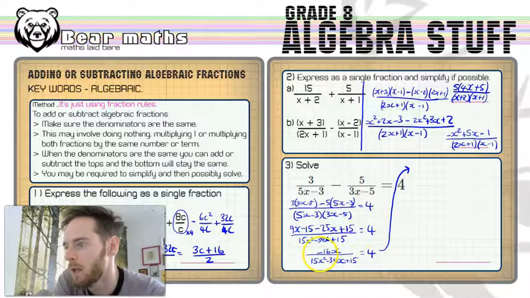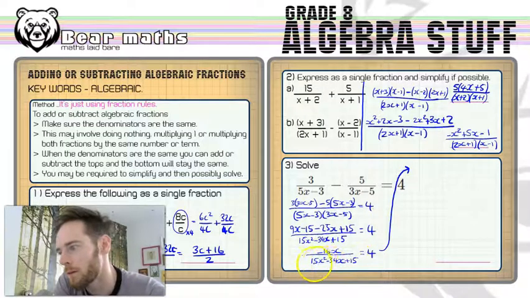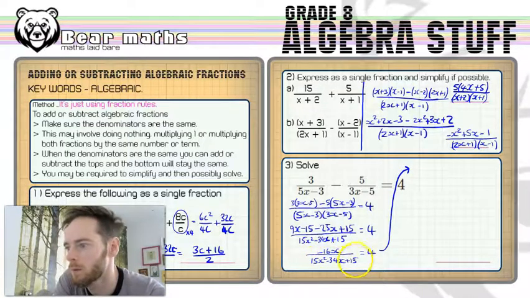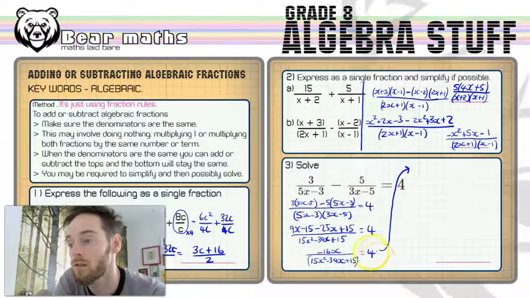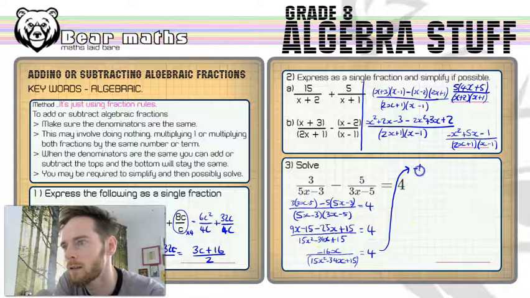Right. Multiply by 15x squared minus 34x plus 15. Multiply by this, right, and it gets rid of it. So think of it as in its long brackets here, in its brackets, it now becomes a term, and we multiply by that term to get rid of that division by that term, right? Which means we have to multiply the other side by it, so we have to do 4 lots of all of this. That's going to leave us with minus 16x on this side, equals